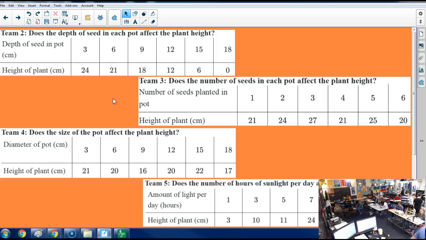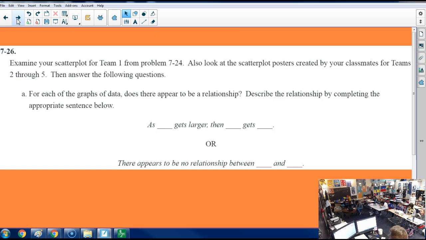While some of our classmates are finishing deciding or finishing graphing, real quick, give me your attention up here on the board. The statement you want to be able to say is: as blank gets larger, whatever your x value was, then y blank gets something. So as we look at the graph, because we're humans and American, we're used to